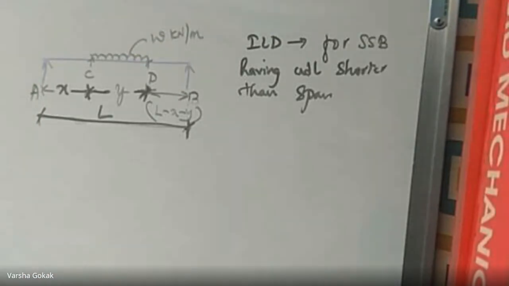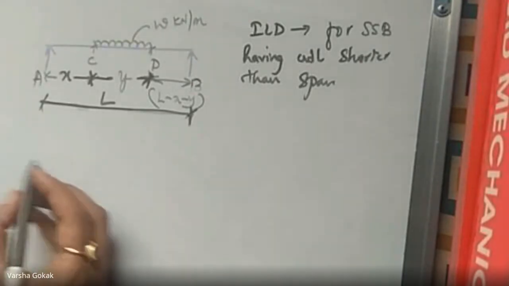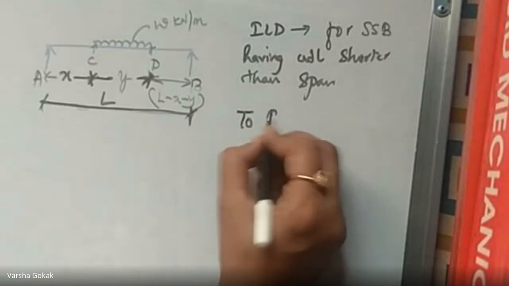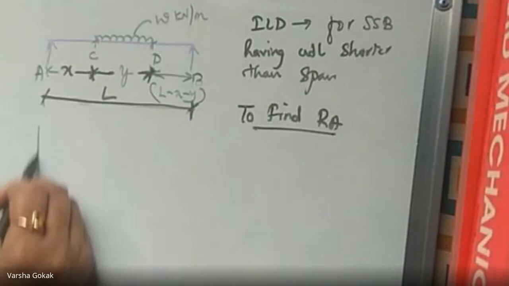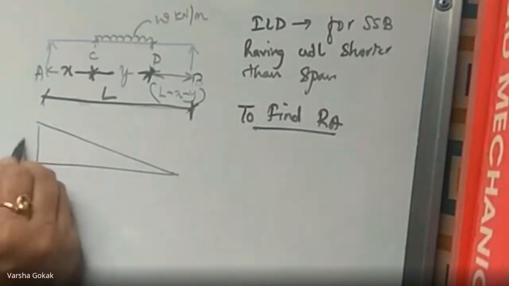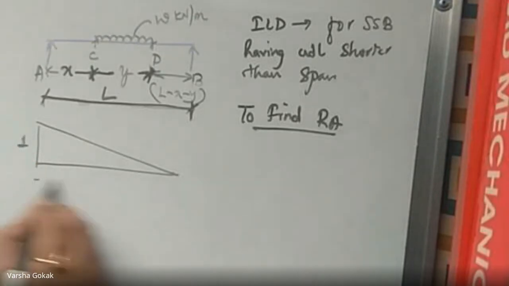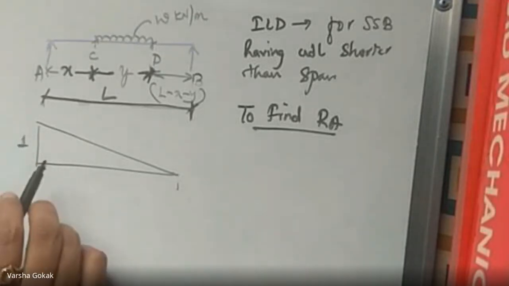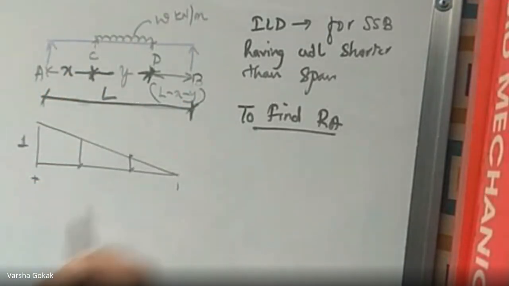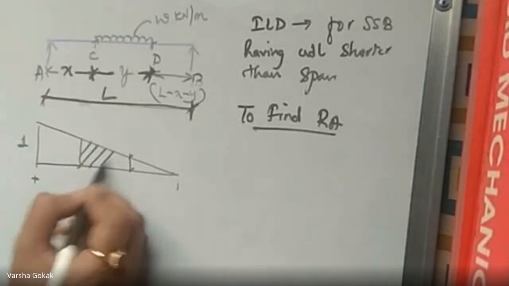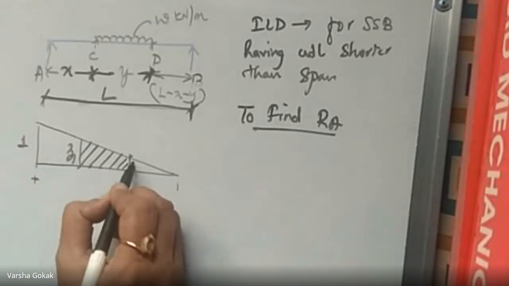So let us begin. When we were doing numericals for this, we know that to find the reactions, first step, let us say we want to find RA. So we will use the ILD for RA. It is like this, right? Standard influence line diagram for RA with unit load. So this is unit, and this is your L. When we are drawing the influence line diagram, I know that I have to project these two lines at the bottom, and I will be interested in this area, correct? So for that, I require to calculate Z1 and Z2.